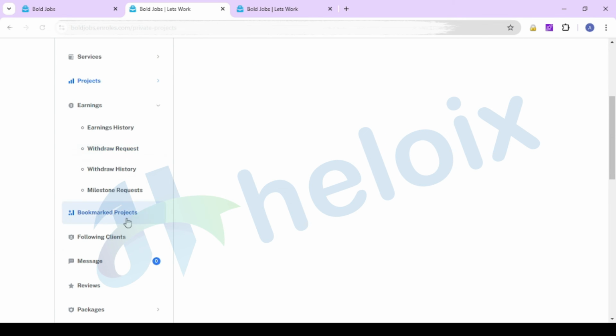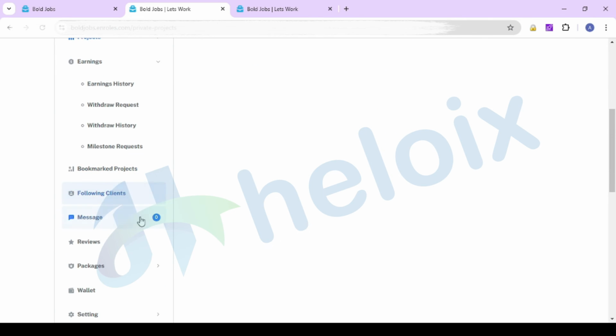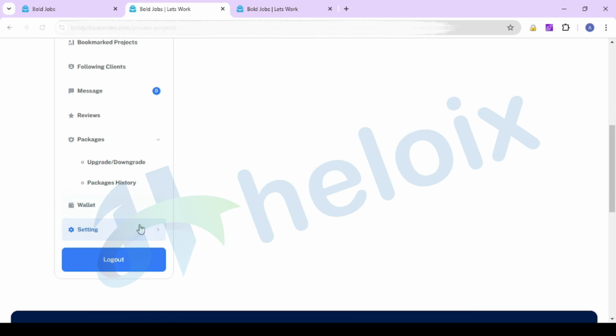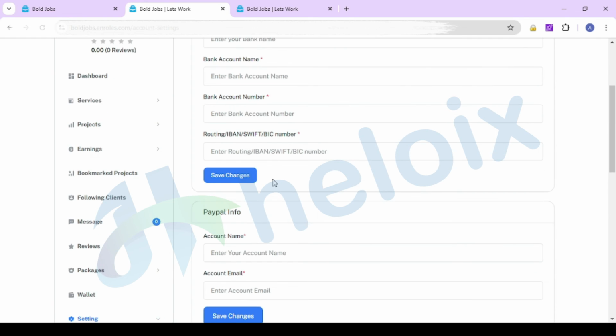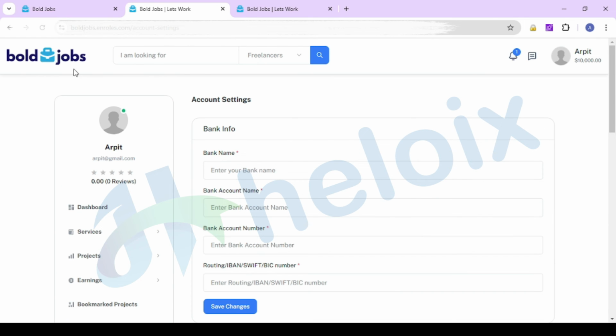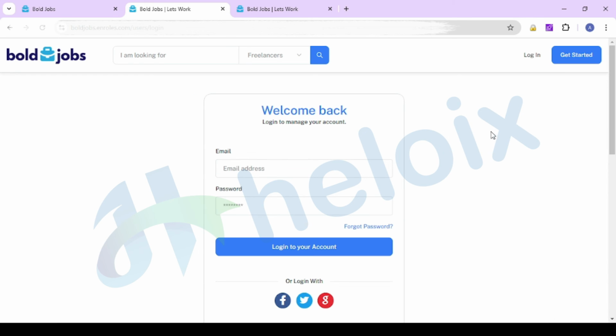After that, you can manage your earning, bookmark project, following client, messages, review. Here you can check your own packages, wallets. After that some wallet settings, some settings which you can update here. So this is the freelancer login which I already showed you. Okay, let me show you